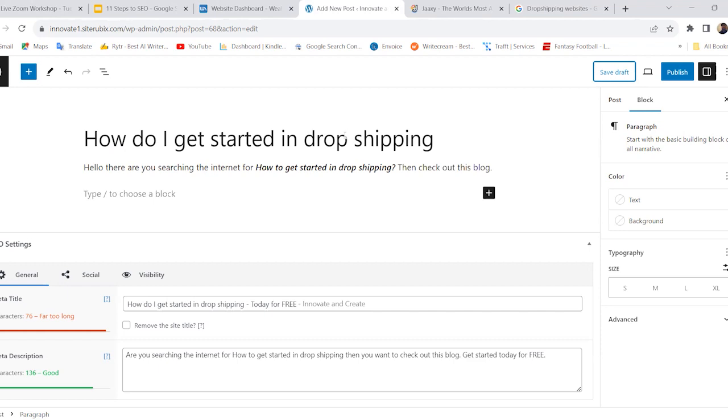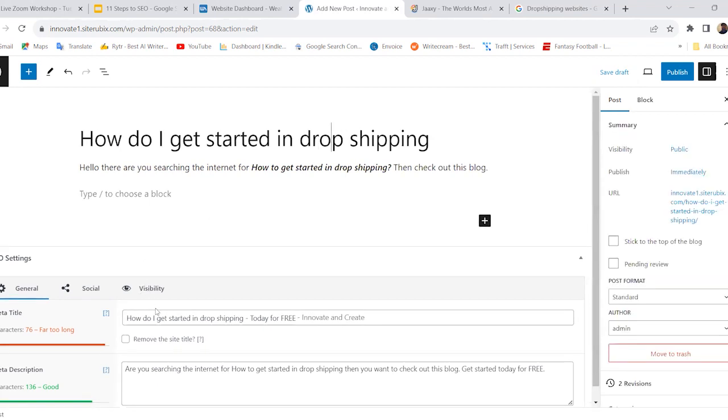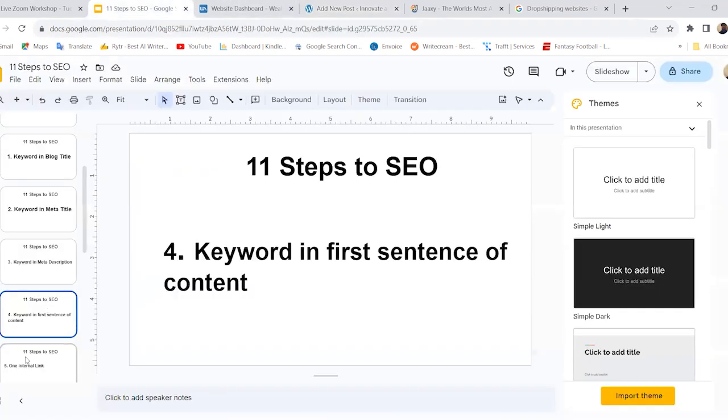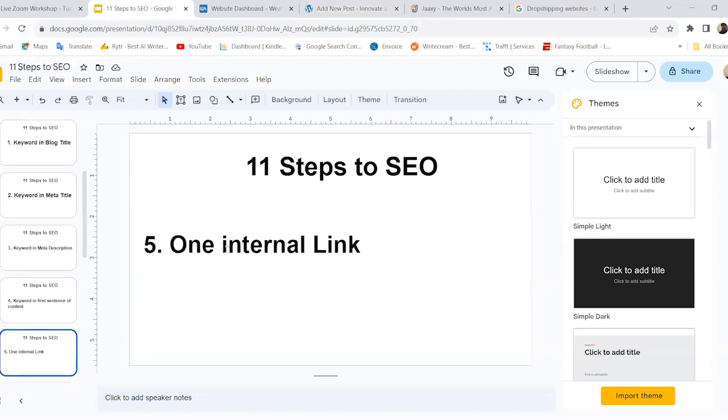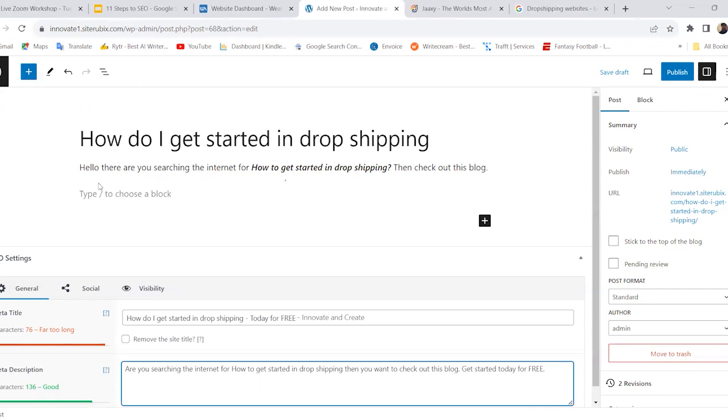Number 1, keyword and blog title. Number 2, keyword and meta title. Number 3, keyword and meta description. Number 4, keyword and first sentence of content. There's only 11 steps, and we're already on step number 5. Let's go to step number 5. 1 internal link. All right, so now what you want to do is when you're writing your blog, so I'm